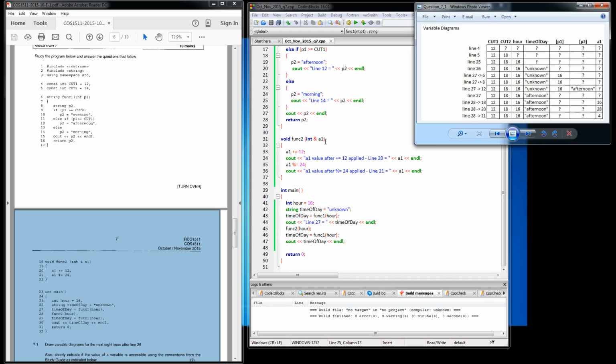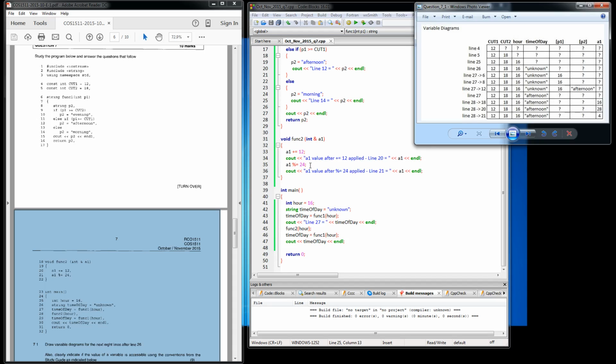and it can change the parameter inside of the function. So that's why I left A1 like that. And as you can see, it's still passing the hour. So this hour here, which would have been the 16, and so we're passing 16 into it. When it executes the plus 12, 16 plus 12 gives us 28. So I've got a code that will show us that this answer is 28, and then we use the percentage sign equals to 24. So it wants to know how